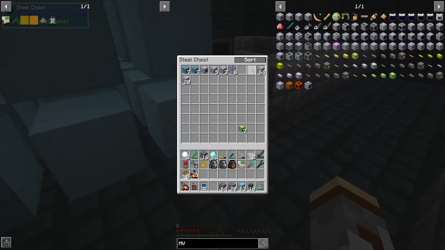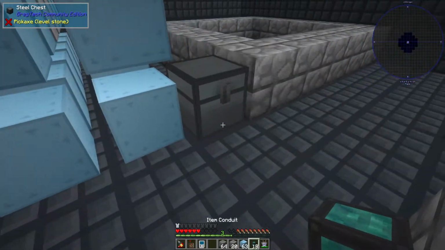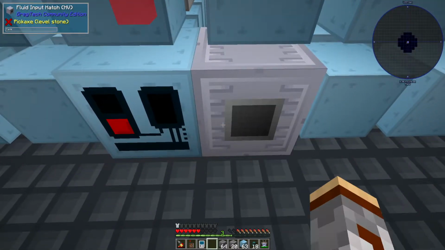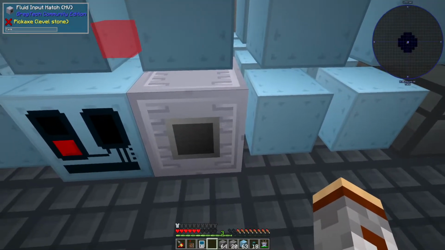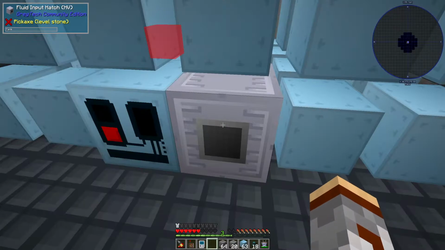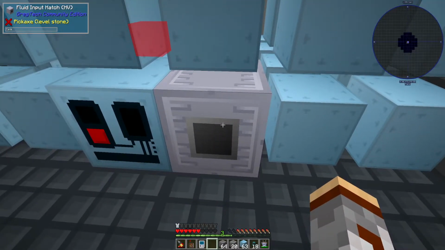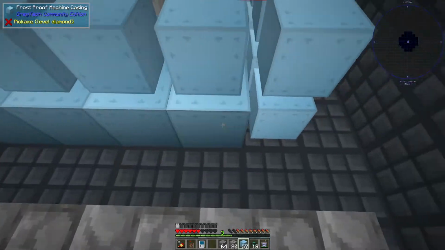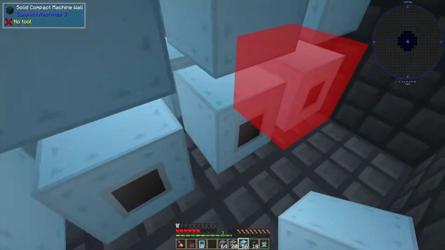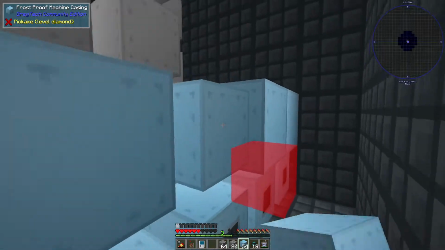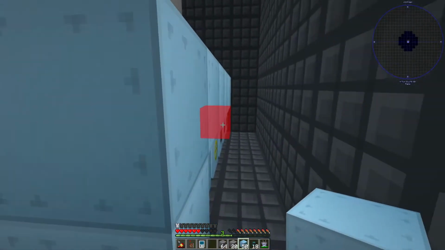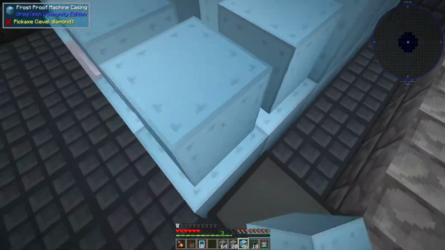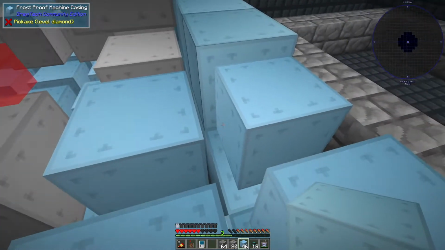So we will grab some casings here. Oh, you want the energy input hatch, of course. And also, I'm pretty sure, just like with the energy input hatches, the input for fluids also are bound to Cryogenic now, which is cool. I mean, it doesn't change too much, but it is very nice. Don't have to use the modular machinery ones. Not that it was a big deal, but